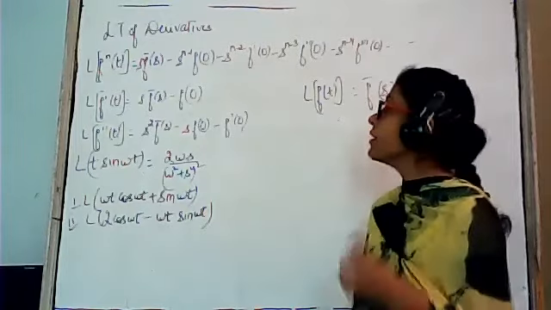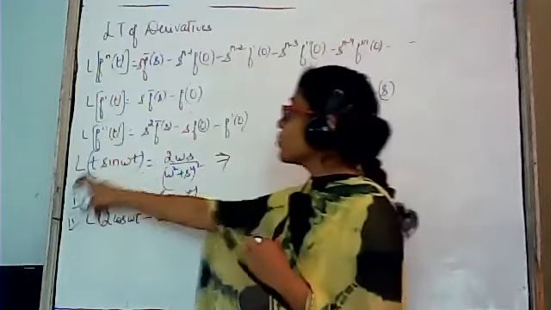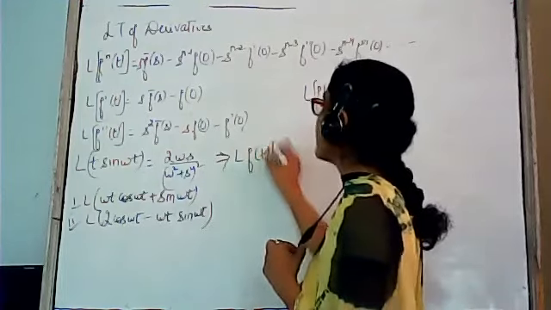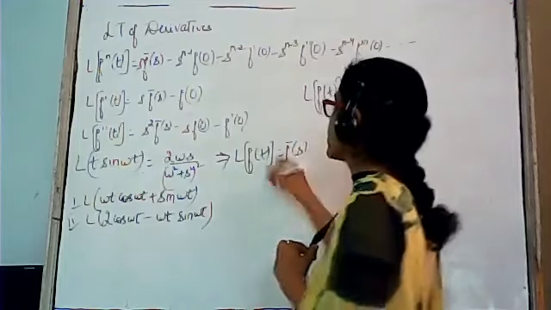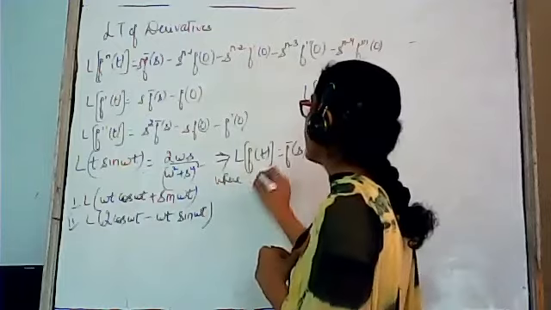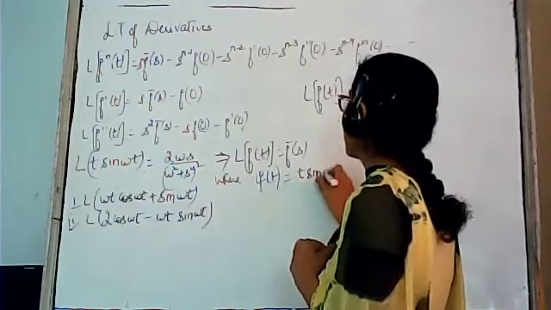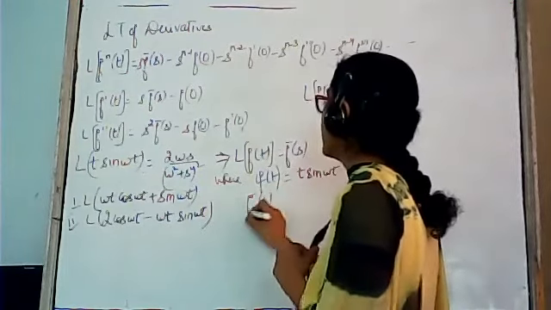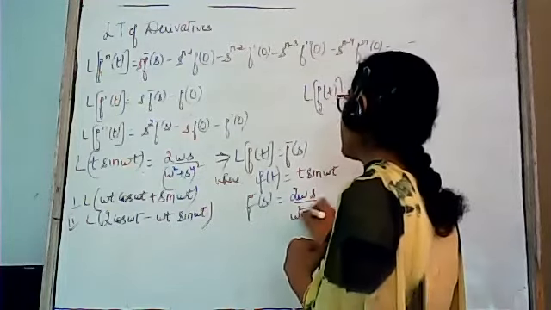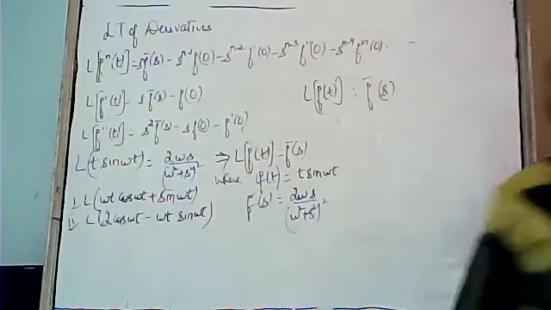तो मतलब हमें यहाँ पे क्या दिया हुआ है? Solution में you will write it again. Given that Laplace transformation of t sin omega t equals to this, means Laplace transformation of f of t equals to f bar s, where f of t equals t sin omega t and f bar s. This is again given. F bar s is equals to 2 omega s upon omega square plus s square the whole square. But these terms are given. ठीक है?